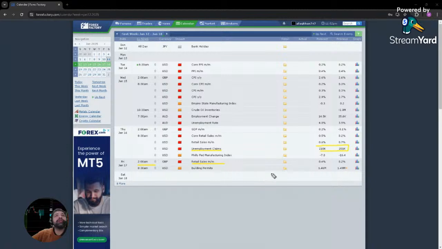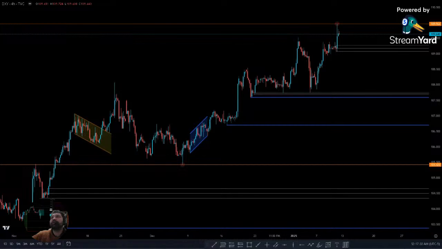So overall, you see that the data seems to be quite healthy and constant, specifically for the dollar and even for the pound. So we can get some kind of good reactions around here in the form of a continuation. So let's get deep into the understanding of how the market actually reacted